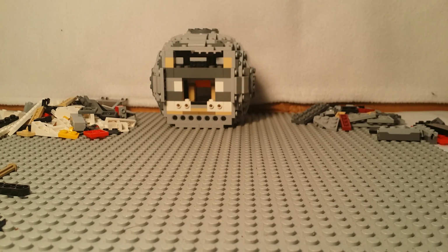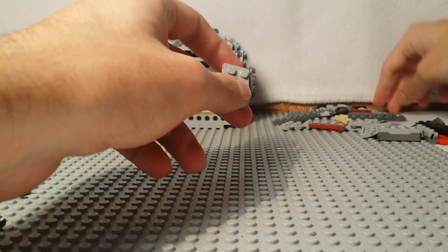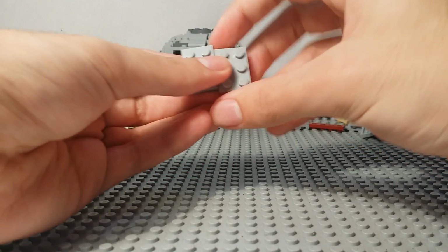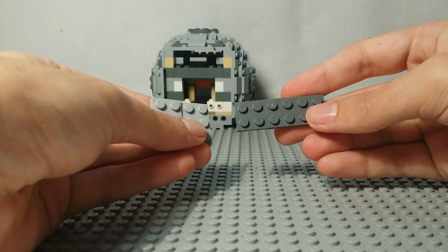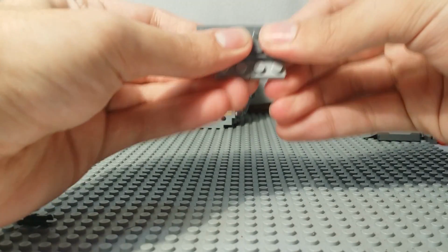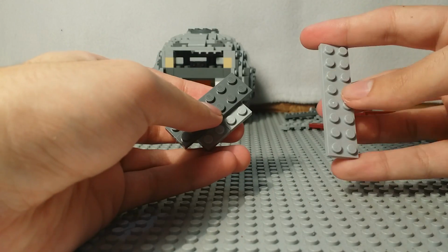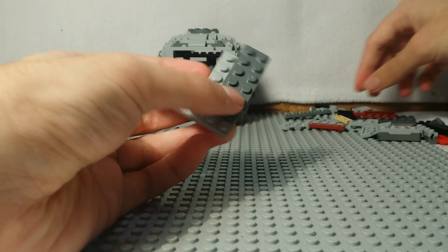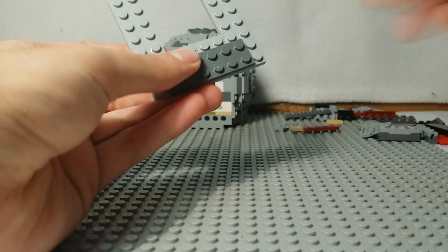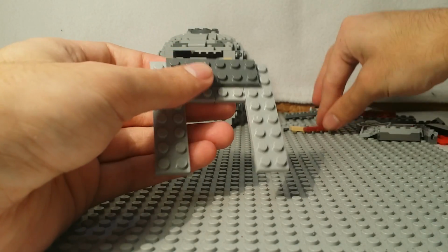Continuing on, we're going to build the top, and then we're going to do the little feature that the cannon has, the shooting feature, and then we're done with the cannon. So to do the top, you take two 2x3 plates. It's similar to the others that we did, and a 2x6 plate. Put them together like this. Here's where it's a little different because it has to have a hole in the middle for the gun. You take two 2x8 plates and put one right there, and obviously you take the second one and put it on the other side. And now we're going to take three 1x4 plates